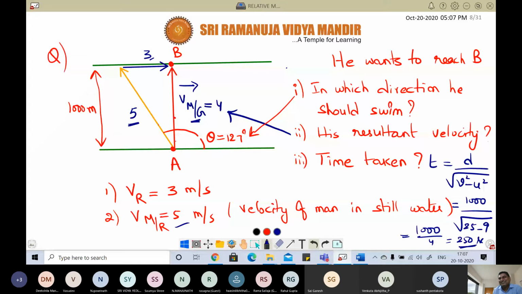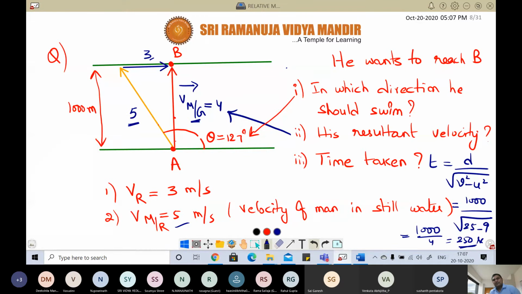Simple or not? Simple, sir. Then why you are taking so much time? Everything is there in the triangle. That's why now you must have understood the importance of vectors. Of course, here after covering these many classes, now you don't even need vectors also. You just only 3 quantities are there: man's effort, river velocity, and man's velocity with respect to ground. Everything will be moving around these 3 quantities only.